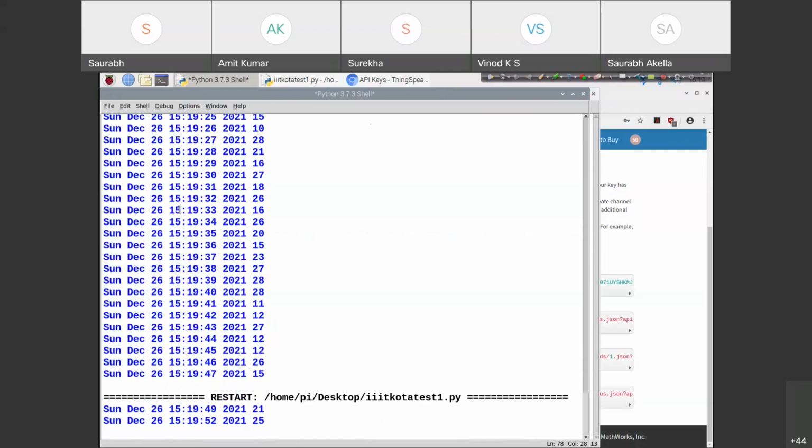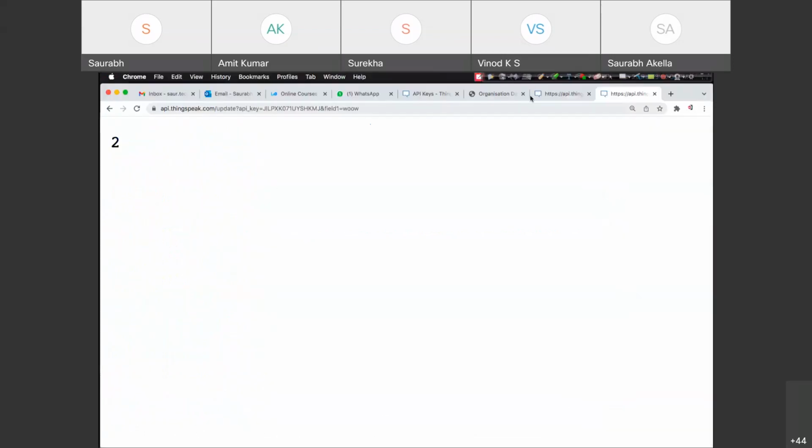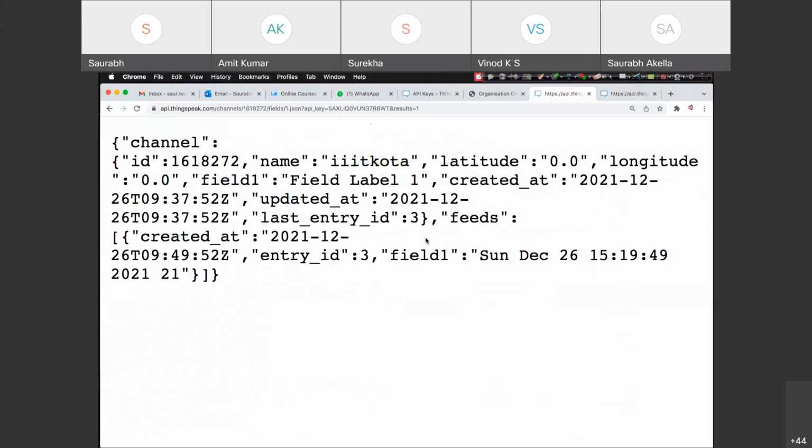Yeah, right, so this program is running on one side. Let's just check what will be the latest response, right? So what we have got, Sunday, December 26 at this time, this was the temperature range. If I keep on refreshing it, I'm sure, here, let's just check.